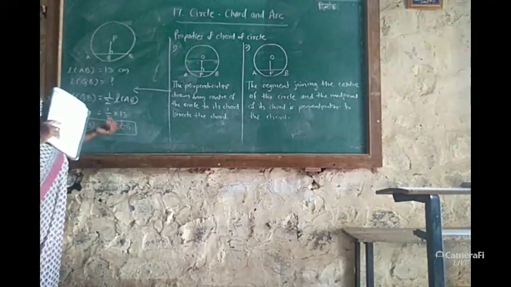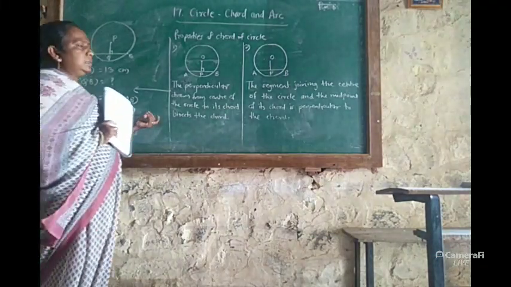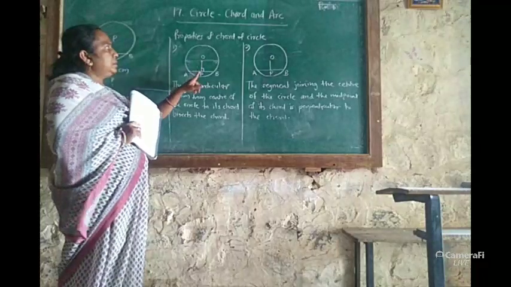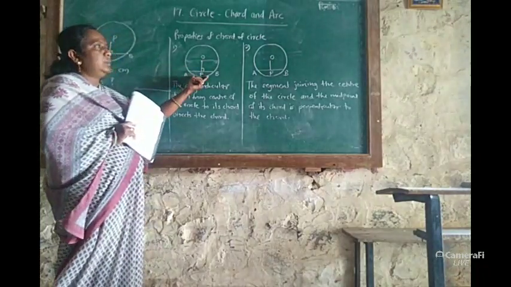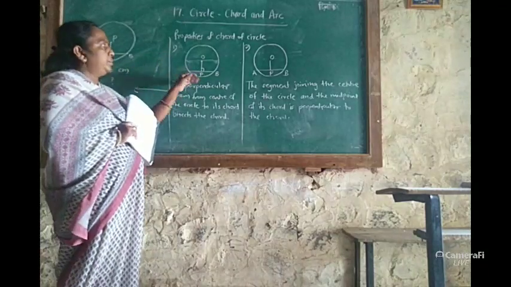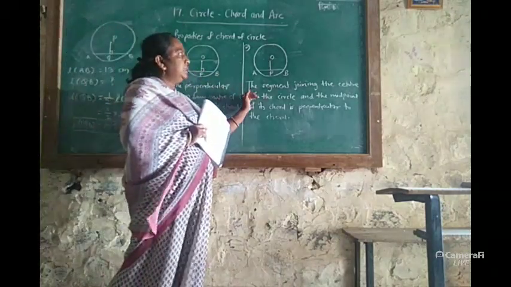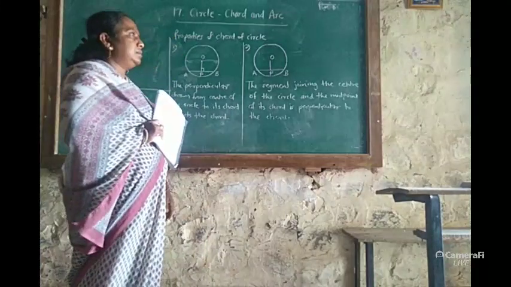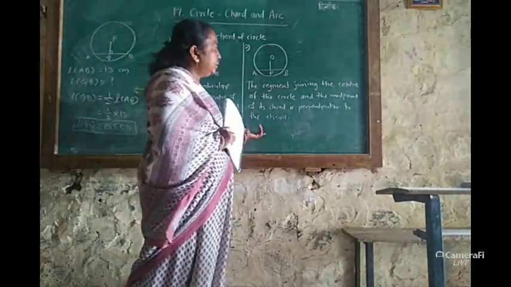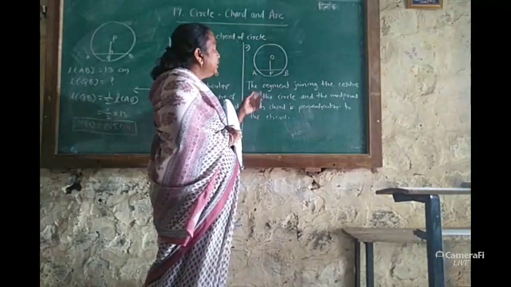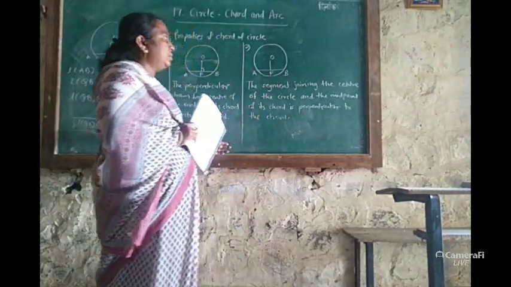They have given us 2 properties. The first property tells us that the perpendicular drawn from the center of the circle on the chord bisects the chord. It means here 2 equal parts are formed by this perpendicular. And the second property is that the segment joining the center of the circle and the midpoint of the chord is perpendicular to the chord. By using these two